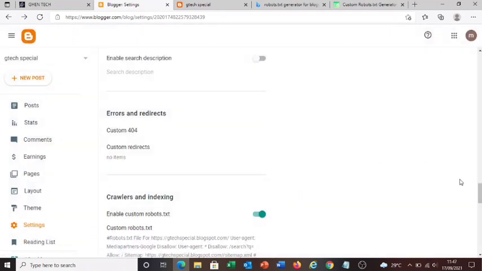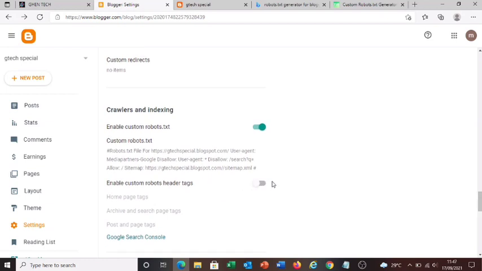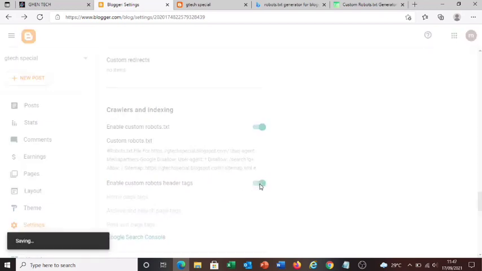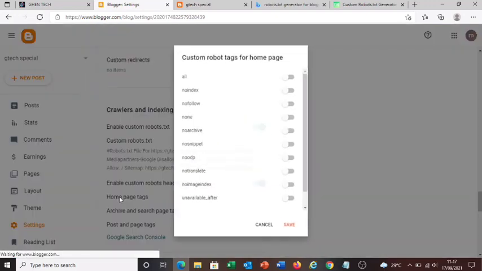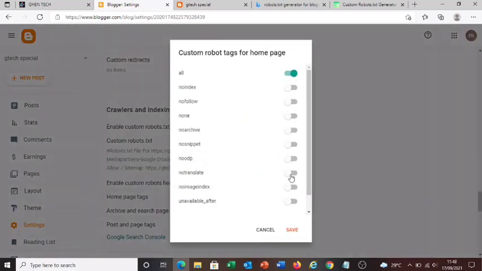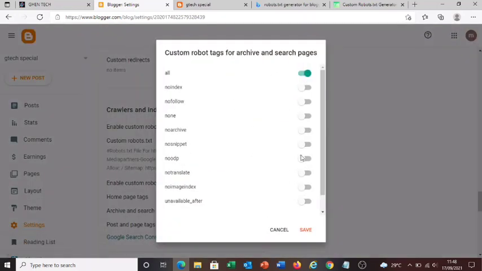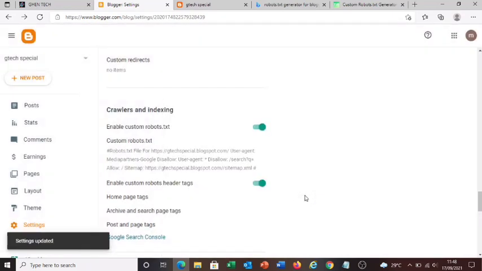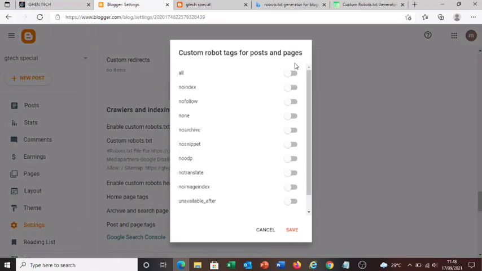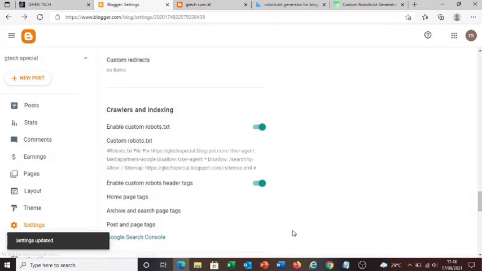That's it. After which you come down, click on enable header tags, home page, click on all, noodp, save. So second one, click on all, noodp, save. Third one, click on all, noodp, save. Okay, that's it. We are done with